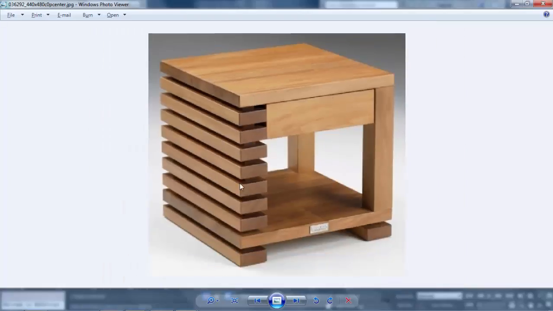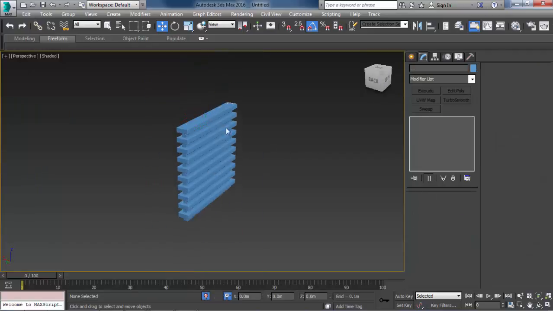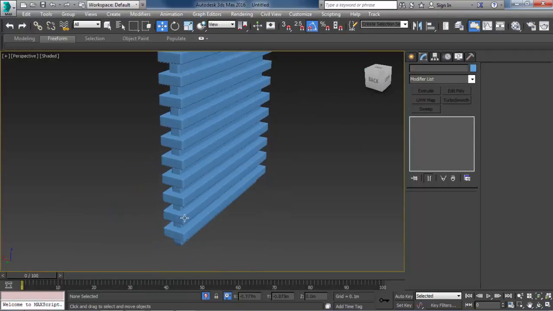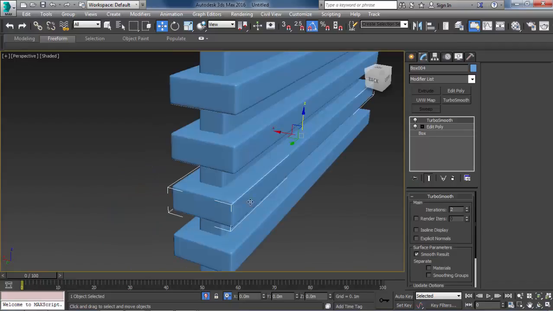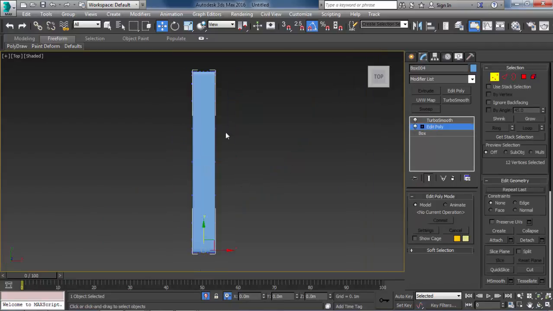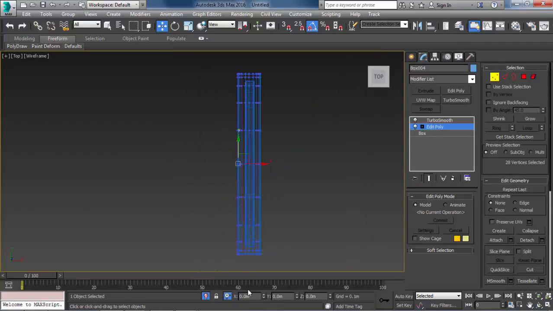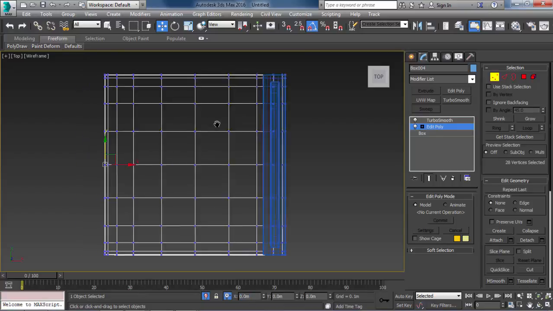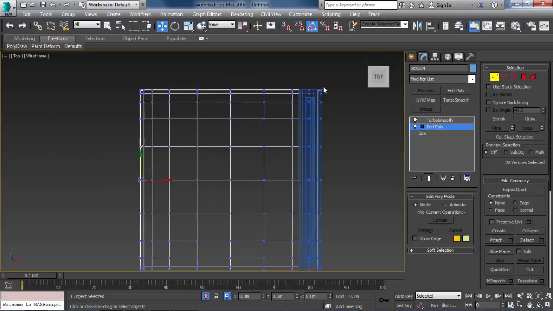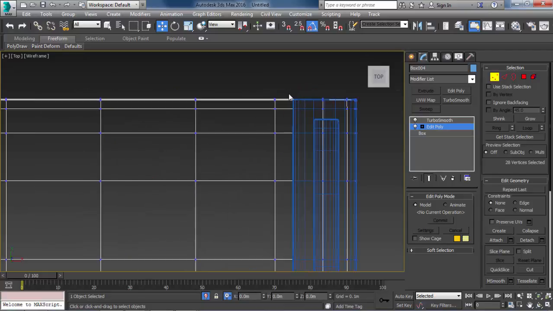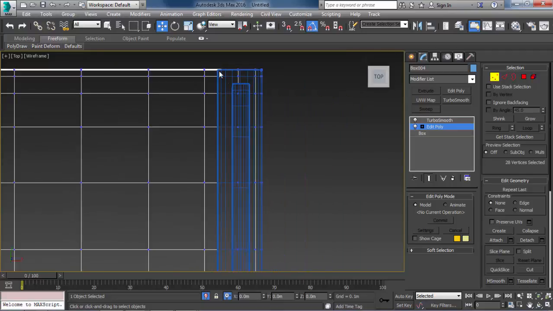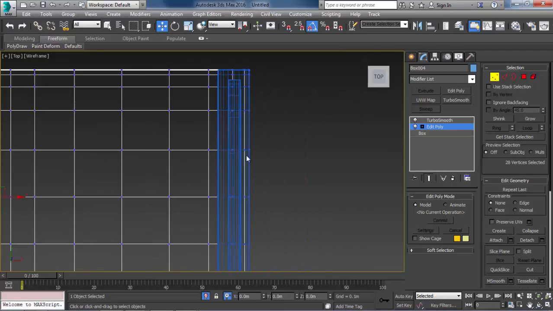Yeah, so this is what we have for now. For those, let's go to the top view and move them minus 0.35. So I assume this is 40 by 40 centimeters. So we have here this wood piece is 5 centimeters in width.